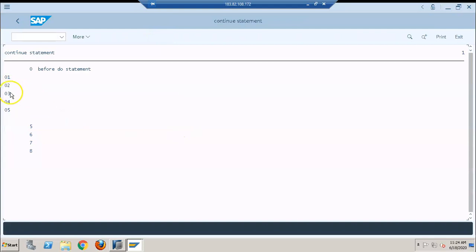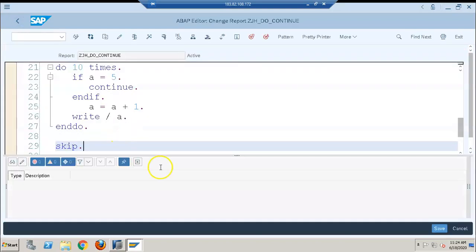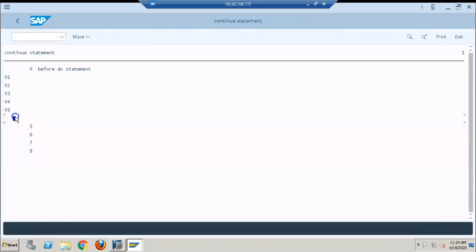If you see here 01, 02, 03, because I have taken it as numeric and given the length as 2, a 0 is added in front. So 1 2 3 4 5 is coming. This is fine, and then we just set skip. So if you see the output here, one line is skipped.